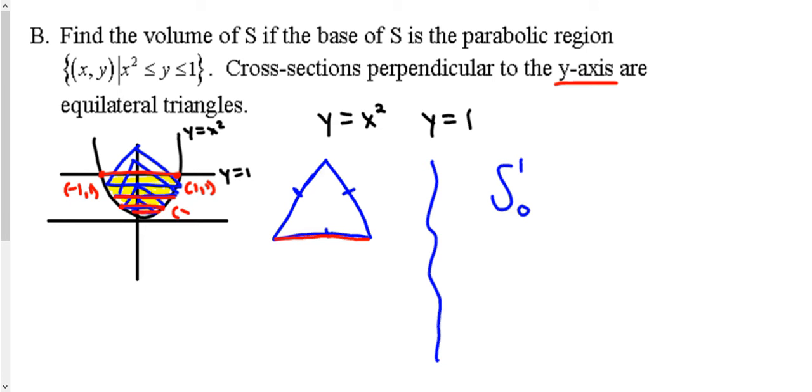This point on the right would have an x and a y, and then the one on the left would have the opposite of that x and a y. So I know from here to here is just 2x. We're going from negative x to x. So I know this side is 2x. If it's an equilateral triangle, then all the sides are 2x. Okay, now I can do,